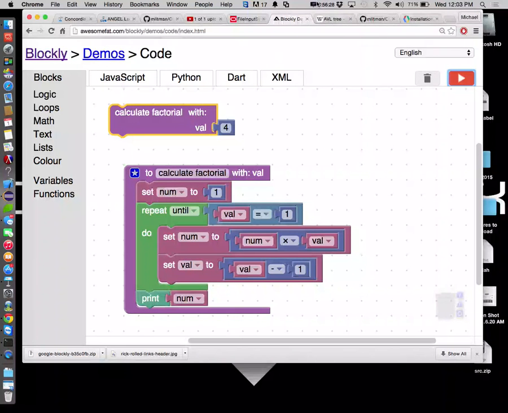Make sense? My biggest question is, wouldn't you have to have a little bit of experience with